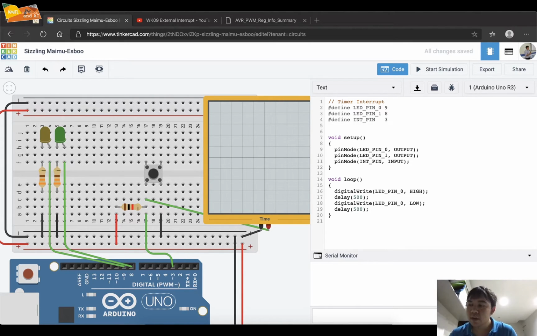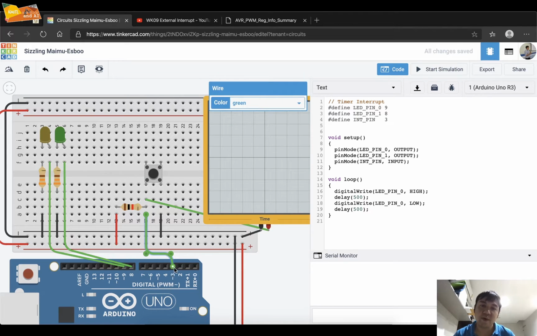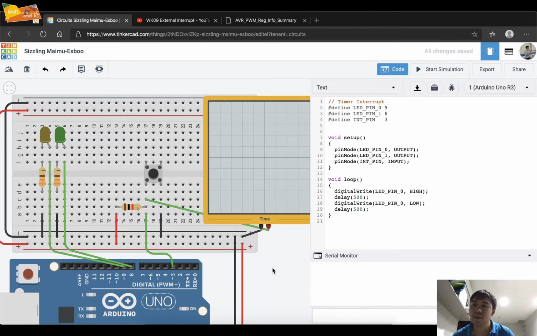From the previous lecture, previous practice, I showed you the external interrupt. The external interrupt is triggered from a push button or from an external signal, like this, connected to pin number 3. But the timer interrupt is different. When we use a timer interrupt, the interrupt signal will be generated from inside the